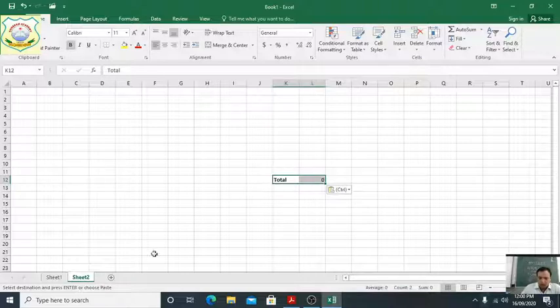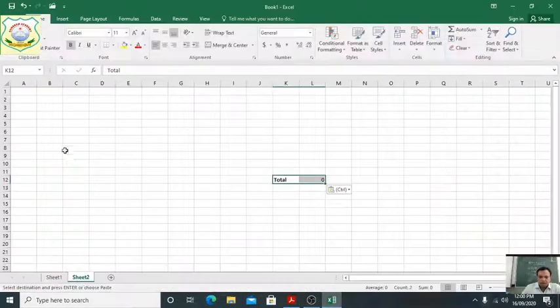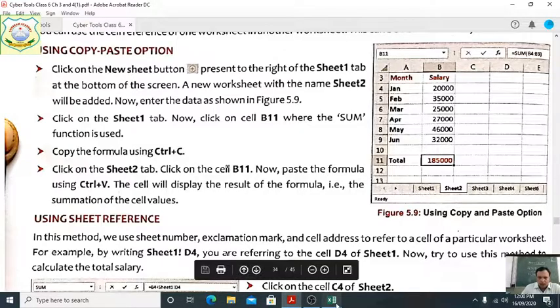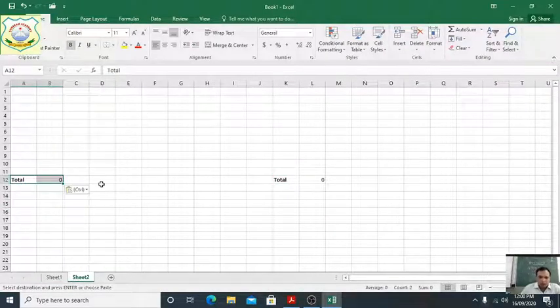You can see, students, 0 will come. Now this is A12 and B12. See students, A12 and B12. Here 0 again comes. Why? Because we have not written the value.